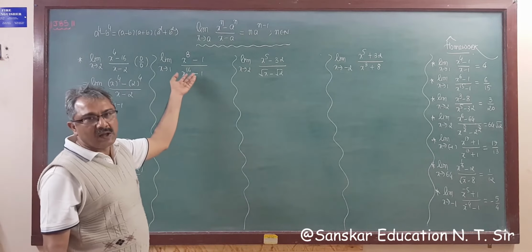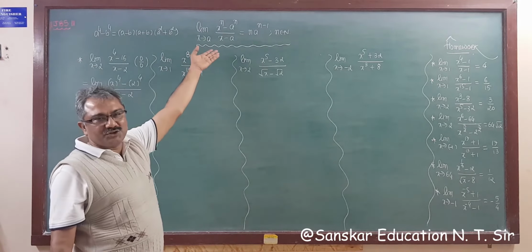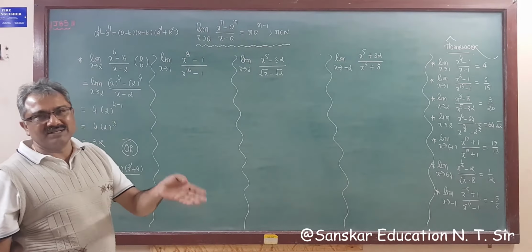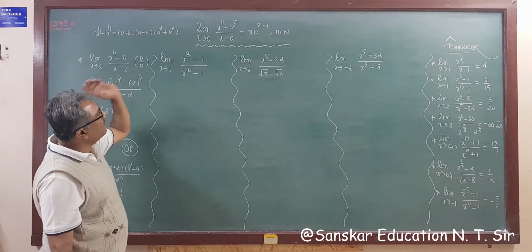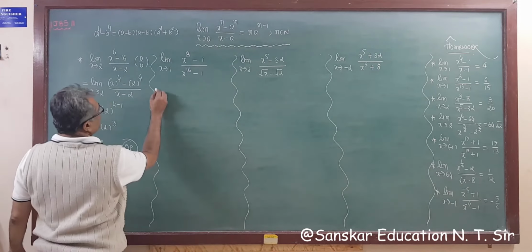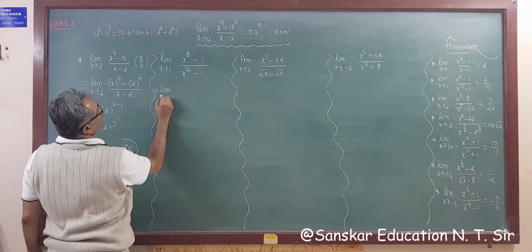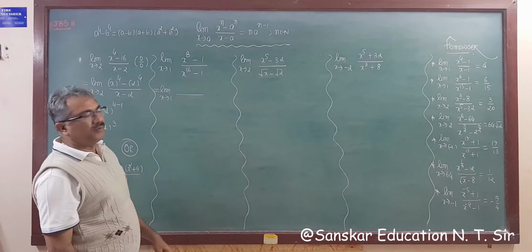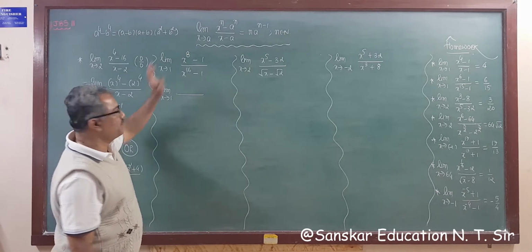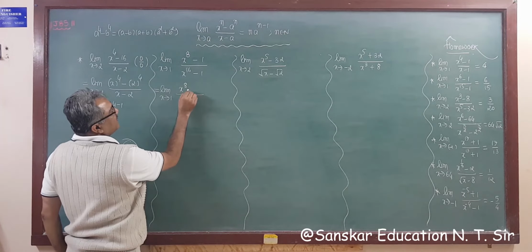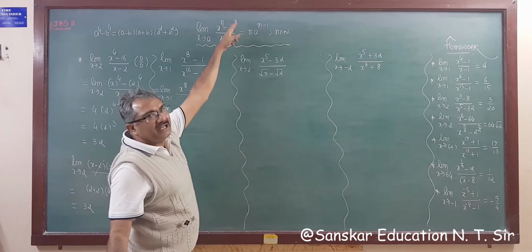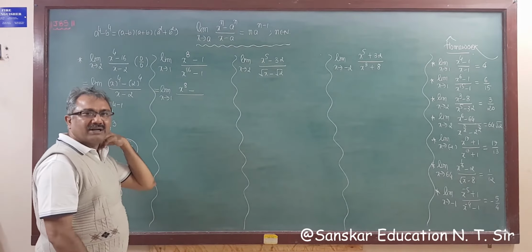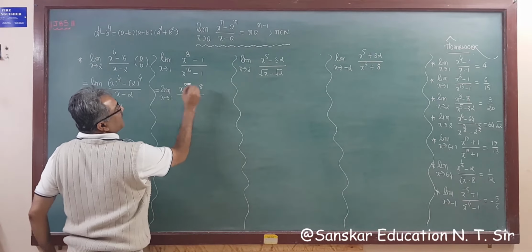Now here you have a factor of x raised to n minus 1, but we are not going to apply that formula, x minus 1, x raised to n minus 1 plus and so on. So simply we want to apply this formula. So what to do? This is limit x tends to 1. So in the numerator we require x, that is x raised to 8. So it is given x raised to 8 minus a raised to n. So here is 1. We can put any power of 1, because the answer of that is 1 only. So this is 1 raised to 8.